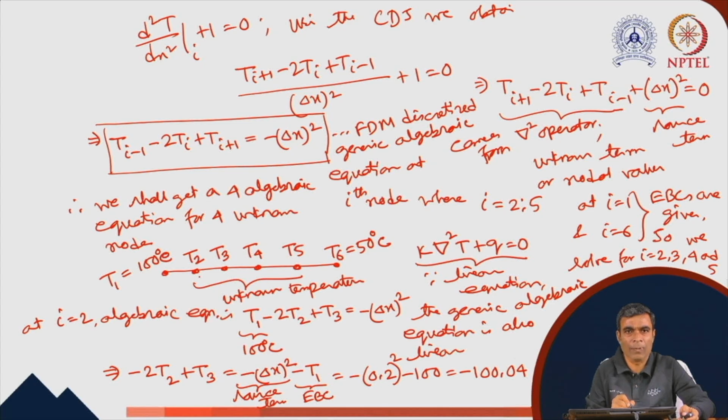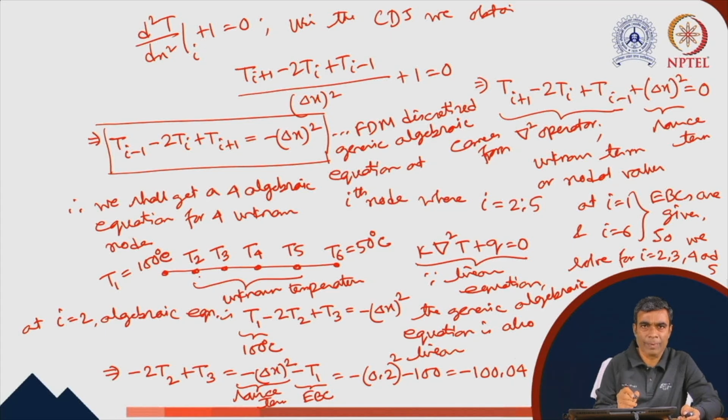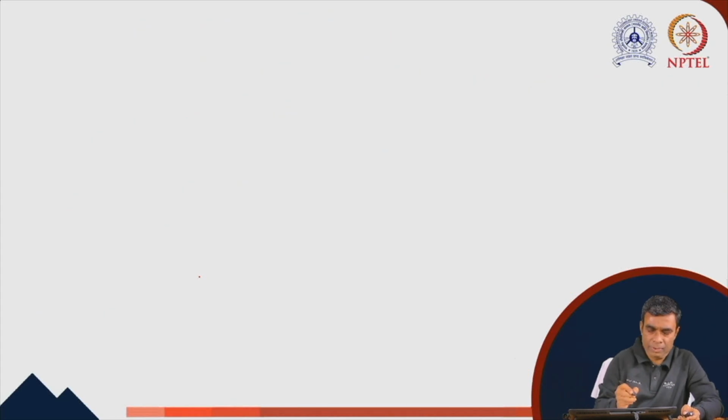In this case, we have already introduced that in the implicit scheme, the global matrix equation system will never be of diagonal type. In finite difference method, there is no concept of local. The matrix equation which we get at the final stage is by default the global matrix equation system. Now we write the algebraic equation at node 3. So here we write at I equals to 3, the algebraic equation is